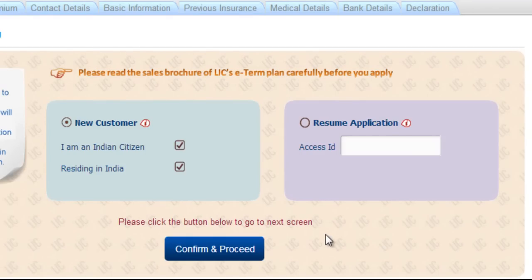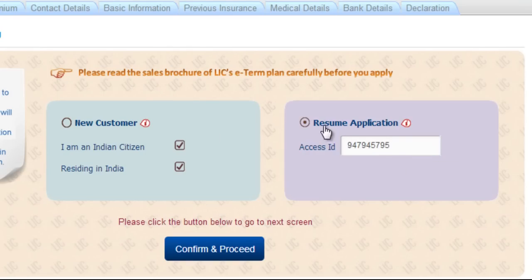Once you proceed, you will calculate the premium and you will give your contact details, and after that it will send you an access ID on your email ID, which you can use later. Here you can put that. Let's say for example you have filled some information, you can save that information, and later after 1 or 2 days or after a few hours, if you want to resume your application, all you need to do is come here, click on this part, resume application, and put your access ID. I have already done that, and this is my access ID. I can just put that number and continue from here.